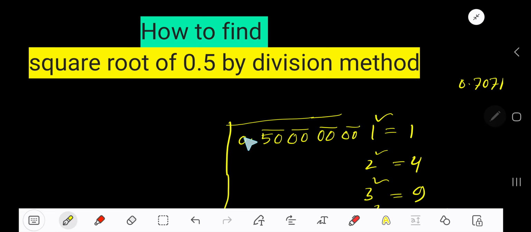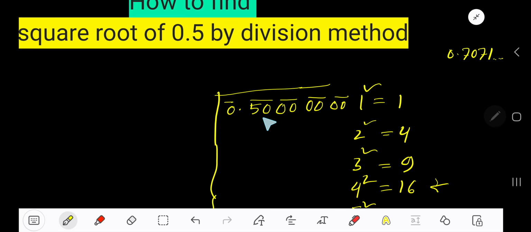Before decimal you have the whole number part which is 0, so you can place a bar. You can also take a 0 here, but you don't need this. Now look, you have to